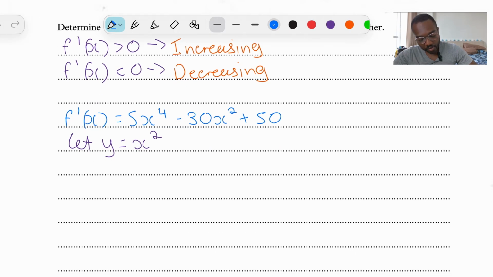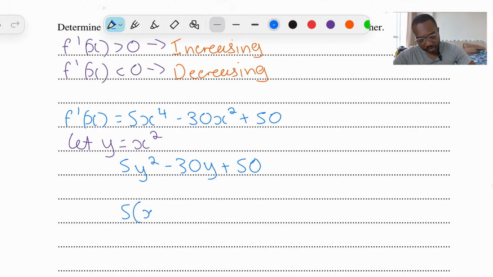Well, now we end up with 5y squared minus 30y plus 50. And this is the exact equation we had in part A. So what does that mean? Well, in part A, we completed the square, right? We worked out that 5y squared minus 30y plus 50 equaled